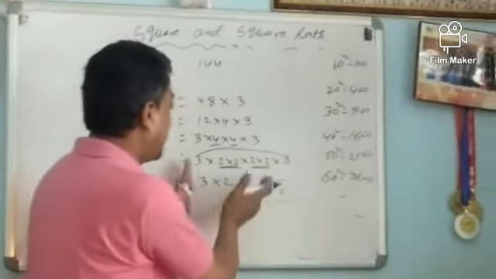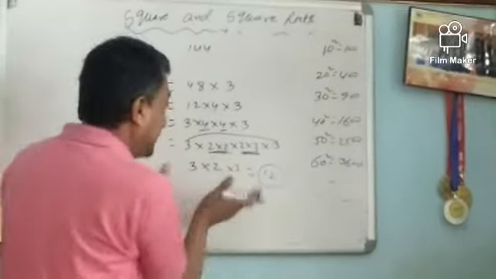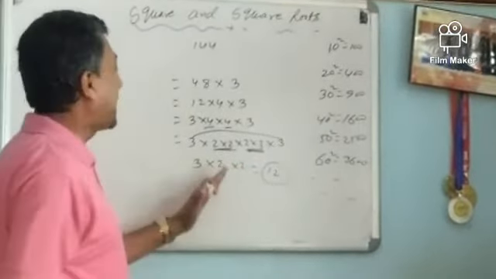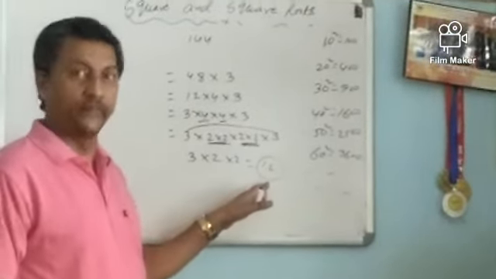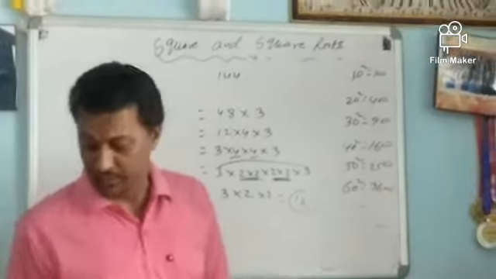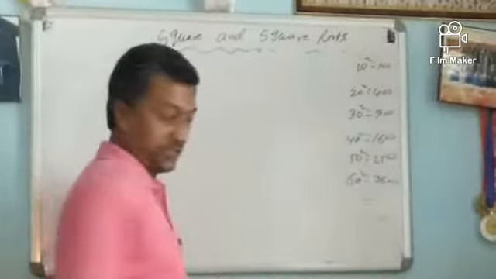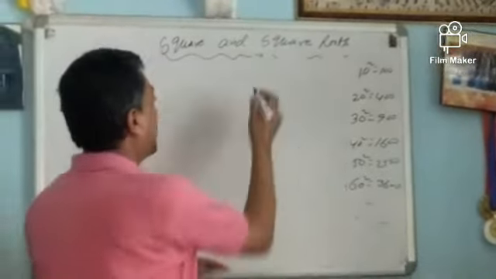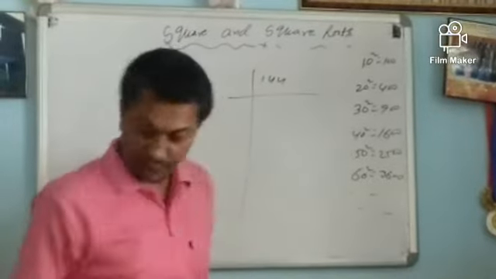Okay, and then finally we have to set the pairs and then take one number, and whatever comes, that is the square root of that given number. So this is the prime factorization method. Another is the division method. So in the division method, we have to do it the same way.